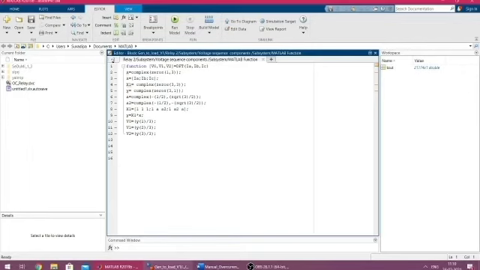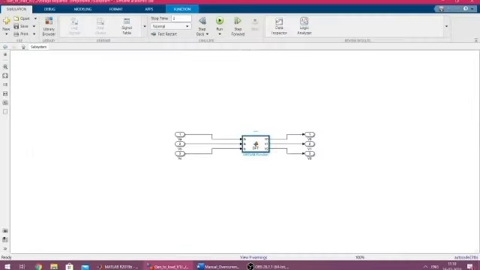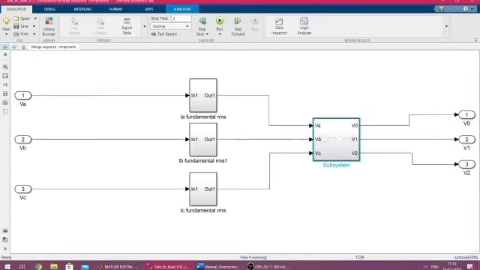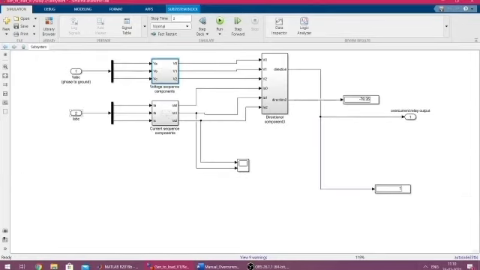Now this step has to be similarly done for the three-phase currents also. First of all, from the three-phase current we use DMUX to get the individual phase currents. Then again we follow the RMS calculation for each of these phases, and then again we use the transformation matrix to get the sequence components. This we have done for the voltage as well as for the current. Now that we have got the symmetrical components for the voltage and for the current, we are ready to use these values.